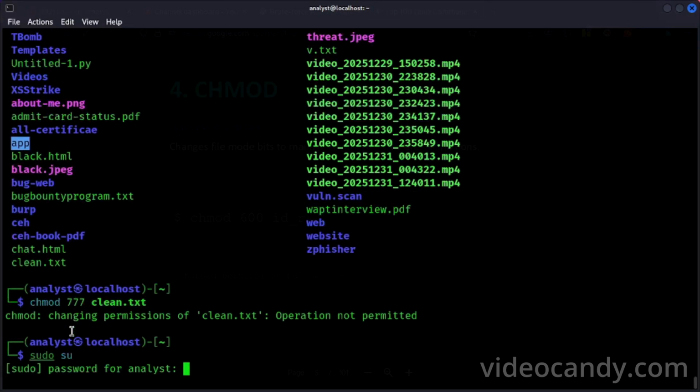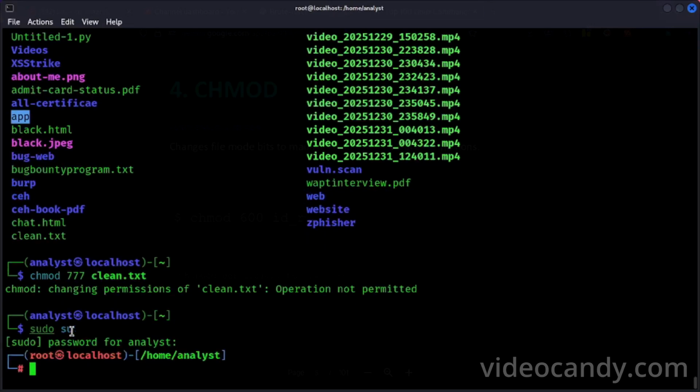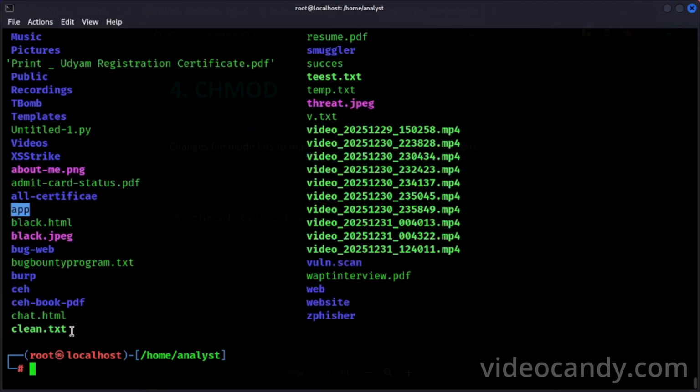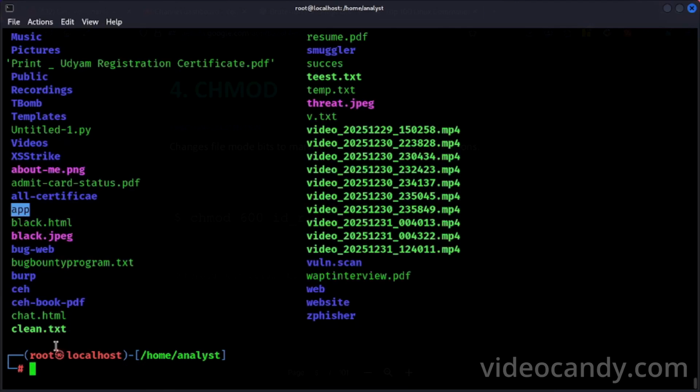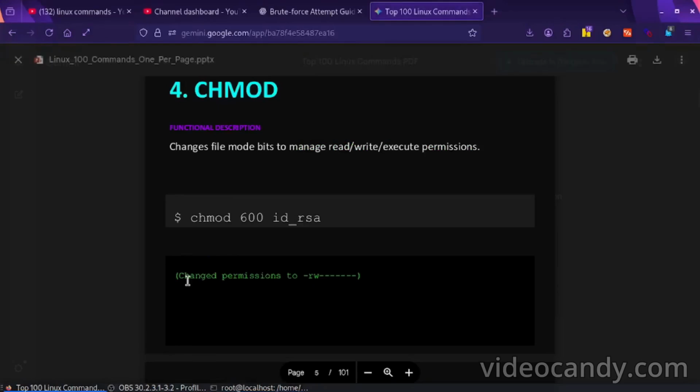For giving permission we have to go into super god mode, means root mode. Now I can give all permission to clean.txt, and you can see it has all permission. This color is different from others.